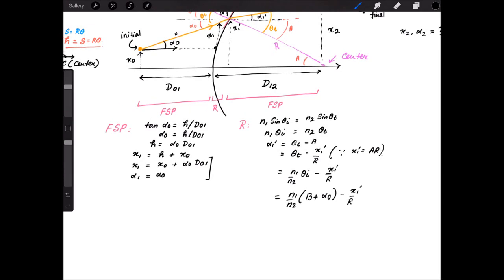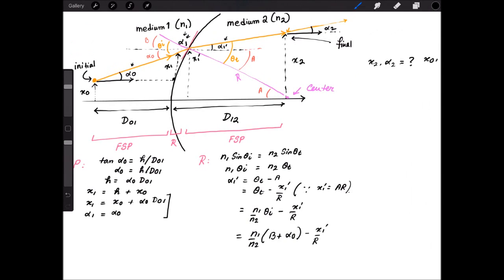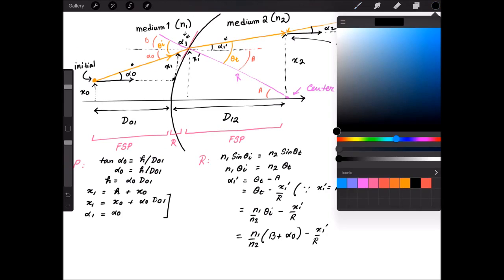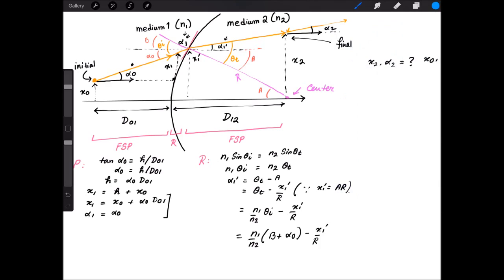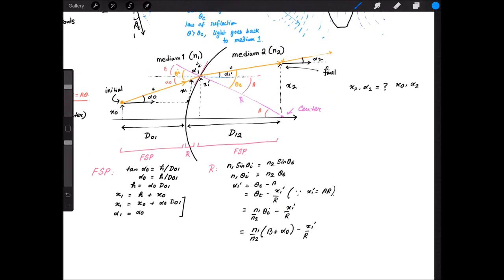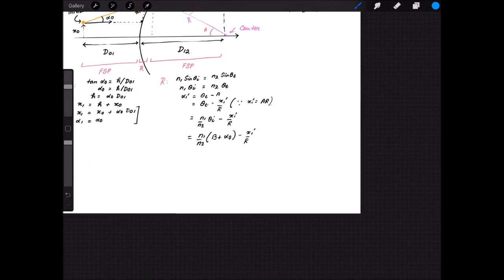So now let's look at what was B. So if we see over here, so I'm going to pick another color over here. So if we see over here B, so look at this line and this line. So your A is equal to angle B. So keep in mind, here's this, and this was the R, and this was your optical axis, this was your A. So we solve that, and what we write is